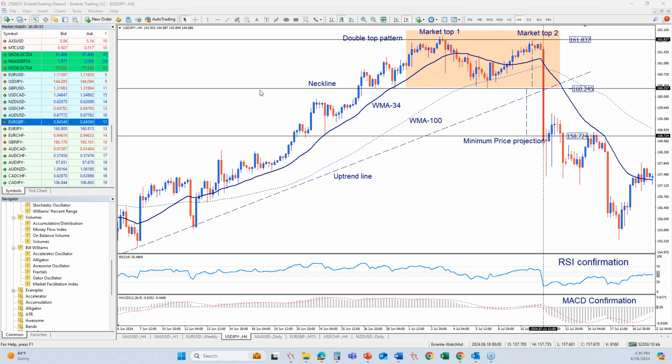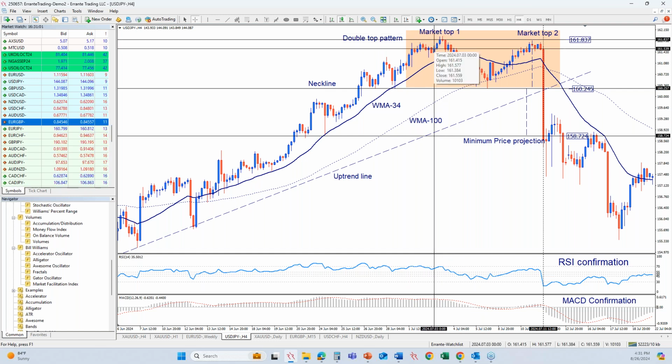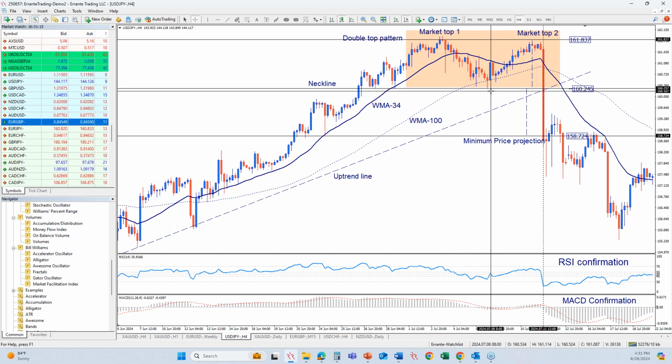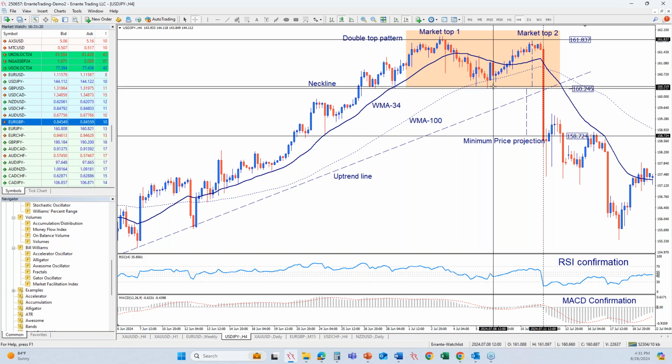First, the first peak, labeled as market top 1, represents the initial high in the price after an uptrend. This peak marks a point where the buying momentum begins to slow and sellers start to take control, causing the price to pull back slightly to this level. And then we have a pullback to the neckline. After reaching market top 1, the price declines to a support level, which is marked on the chart as the neckline. This level acts as a temporary support, and the price finds some buying interest here, preventing further decline